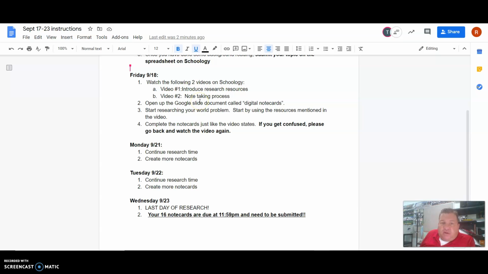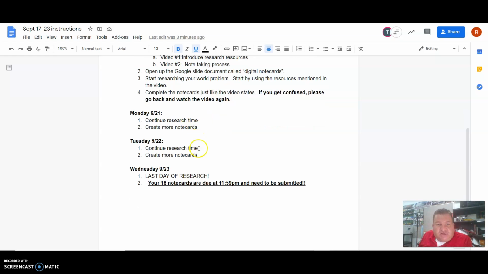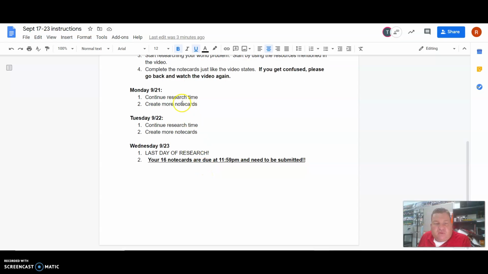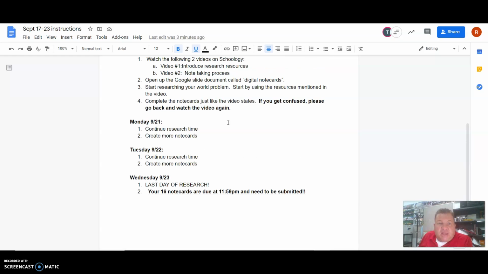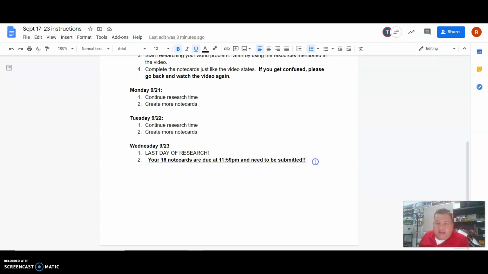Friday, we are going to actually begin our research process. With this, there will be two videos we're going to watch, and then we're going to be using a note card strategy, using what I call virtual note cards or digital note cards, and that will basically be slides on Google Slides. As you can see, then Monday, Tuesday, and Wednesday of next week, we are going to be focusing on research. You are going to be getting all of your research done in your time that's dedicated to global studies. I also will remind you this week as well, you might want to keep in mind CNN News.